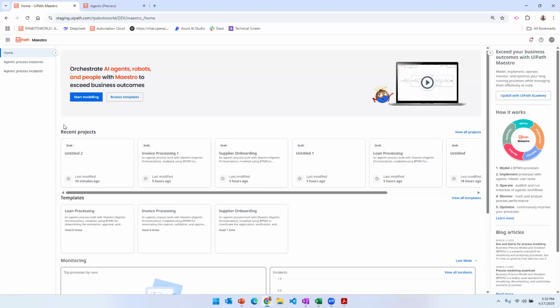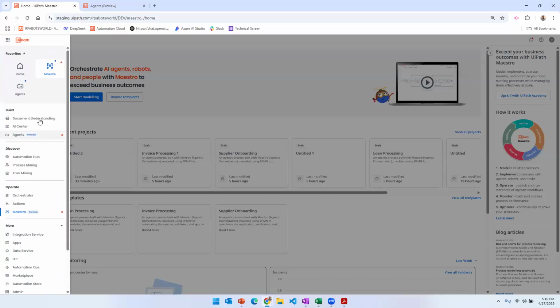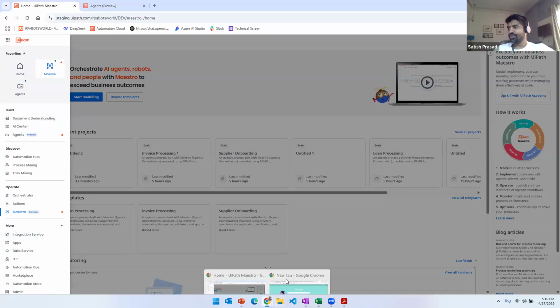Hi Satish, Abhijit this side. I have one question. I believe you did mention that we can use the Autopilot feature to generate the workflow in BPMN. How to do that? So there are 2 ways to do it.